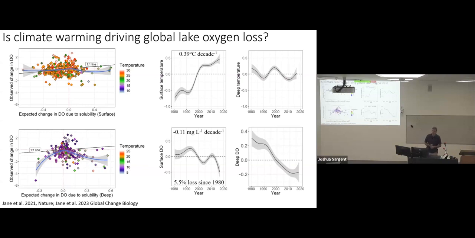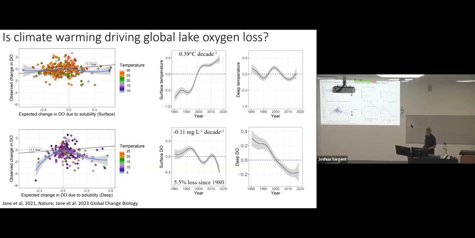Meanwhile, deep water dissolved oxygen dynamics. Same plot here on the lower left, where we're looking at expected change in dissolved oxygen due to solubility changes versus the observed change in dissolved oxygen. There, there's a cluster of lakes around zero expected change in solubility. But on the observed change, we see a wide range of quite a large change, really looks like a shotgun blast